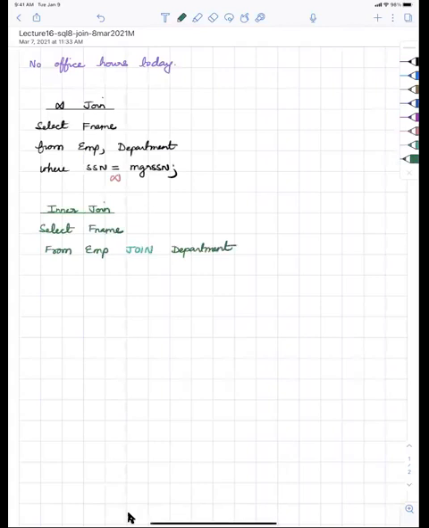And then you have to give the join condition, so there you're going to use on. And then you give the condition. So we say SSN is equal to MGR SSN. This query is exactly identical to the query above,